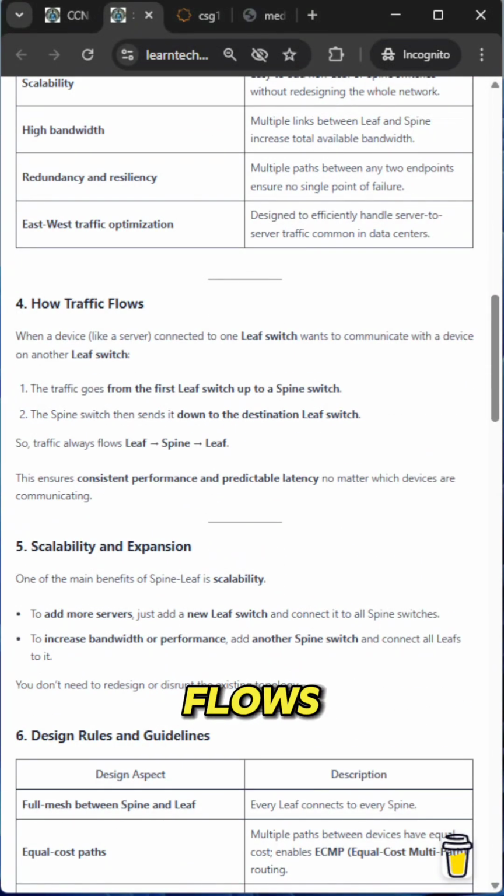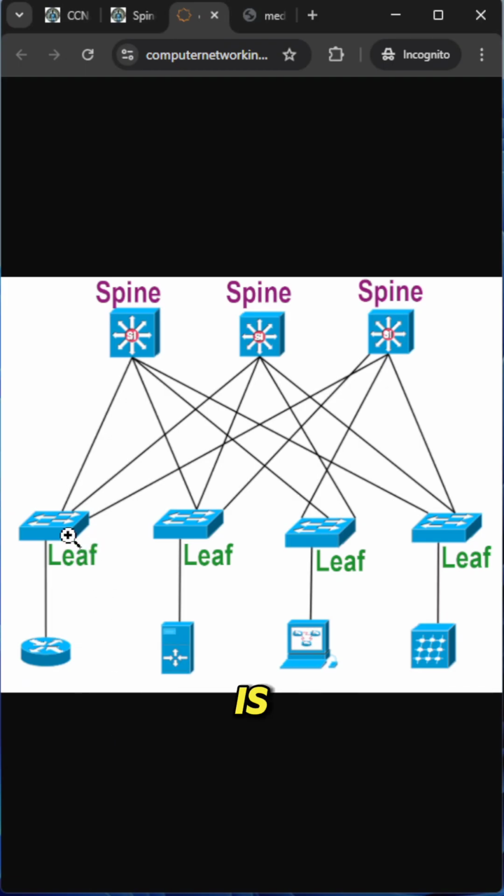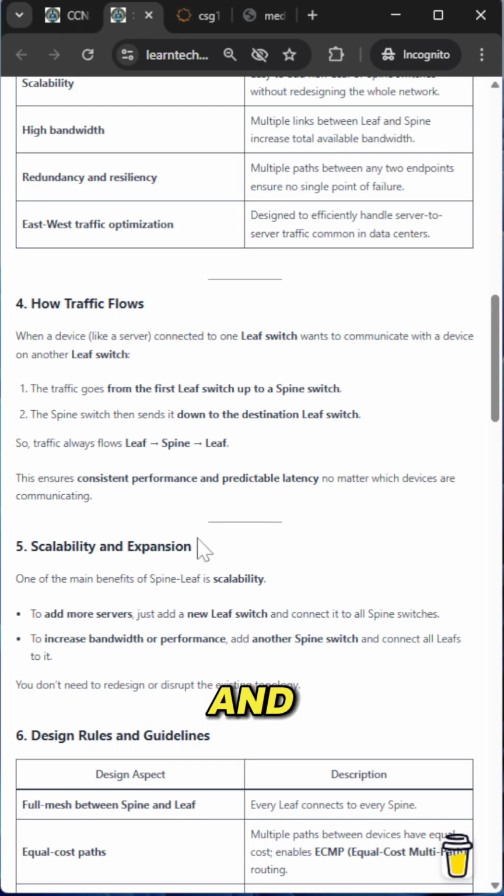So how traffic flows: the traffic goes from the first leaf switch up to the spine switch. That spine switch then sends it down to the destination. This is what I've already explained to you. How communication works is it goes from here to here, and then from there to there. It's literally the same. If they want to communicate with each other, it goes from the leaf layer to the spine, and then spine to leaf. All right, and then